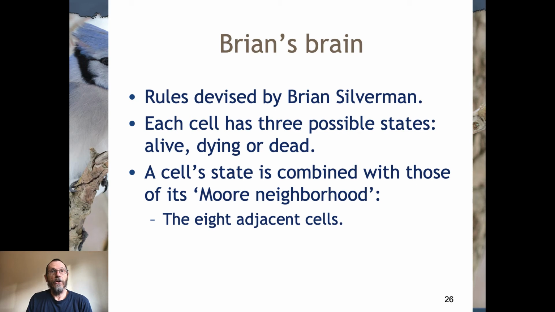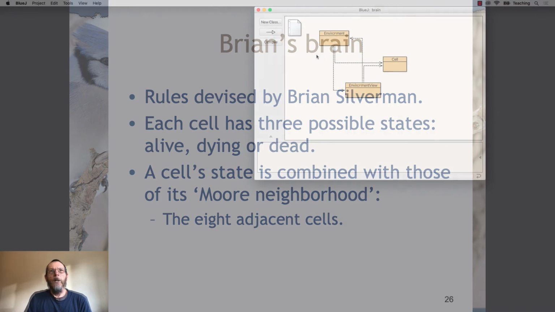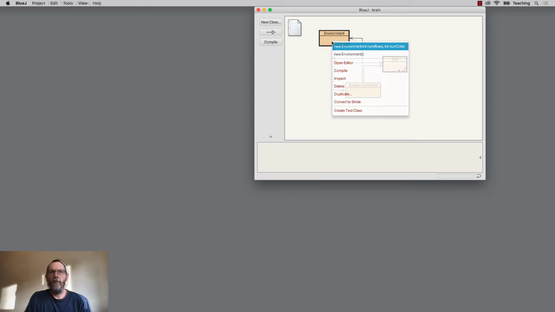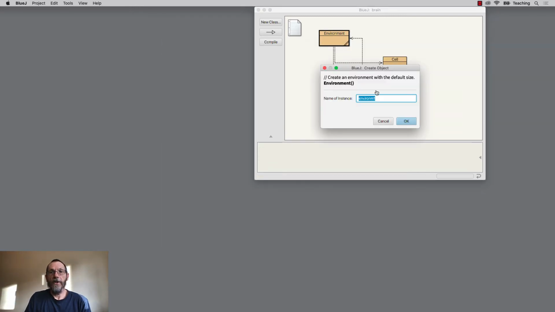So let's look at our implementation in terms of the visualization that it provides. And this, I think, is quite a fun project to play around with. Here's the project. Because it's a more sophisticated application, then we actually define a class to represent the various states and the various state transitions that an individual cell can undertake. So we can create an environment,